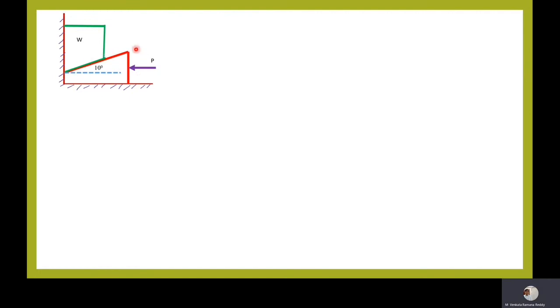Because we are applying force onto the wedge, the wedge moves left. So friction forces on the wedge are acting in the rightward direction. On the floor, the friction force at the contact between wedge and floor is rightward, and the contact between block and wedge also has friction along the block in the rightward direction.